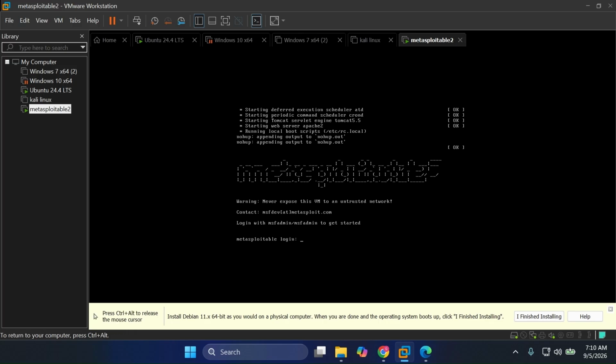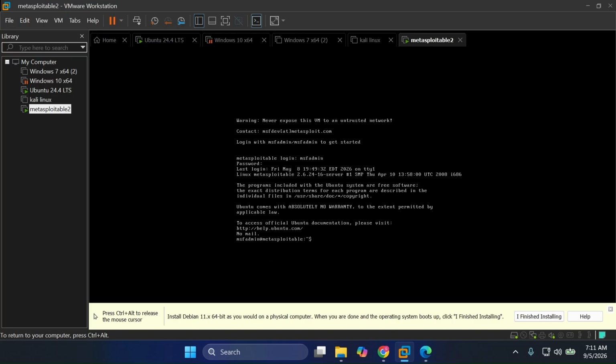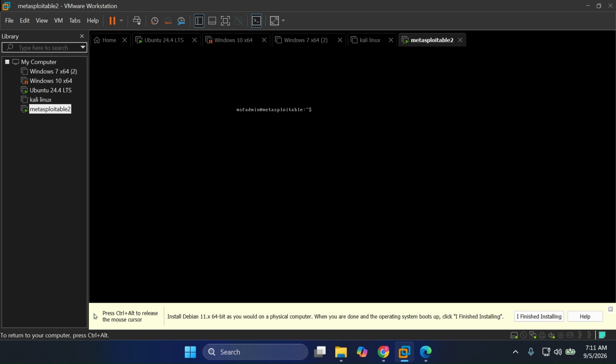So what you're expected to do here is to come here now, you click on it, and it is asking for the Metasploitable login. The login here is the default Metasploitable username, which is msfadmin. msfadmin. You hit enter. The default password is msfadmin, and you hit enter. And now I'm going to clear my screen, and now I'm going to check the IP address of this Metasploitable to see if we did a great job. So I'll do ifconfig,